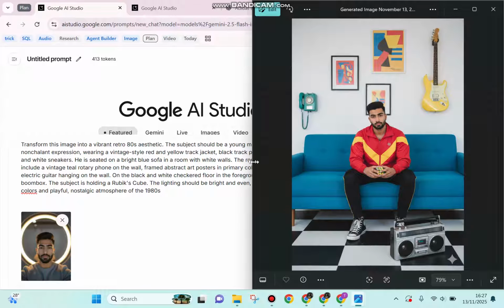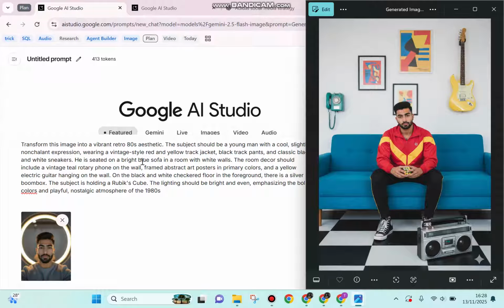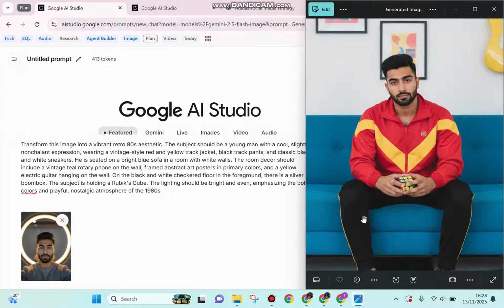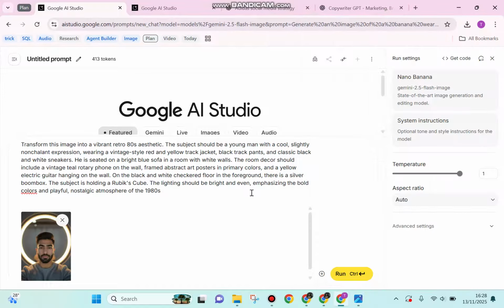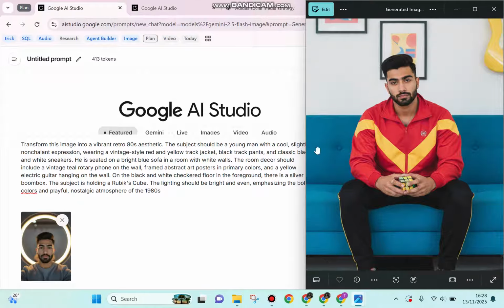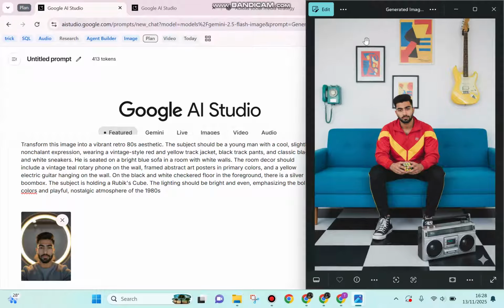And basically the prompt is going to be like this: transform this image into a vibrant retro 80s aesthetic. And also the subject should be a young man with a cool, slightly nonchalant expression, wearing a vintage red and yellow track jacket like this, and also black pants and classic black and white sneakers. And also he is seated on a bright blue sofa in a room with white walls, and